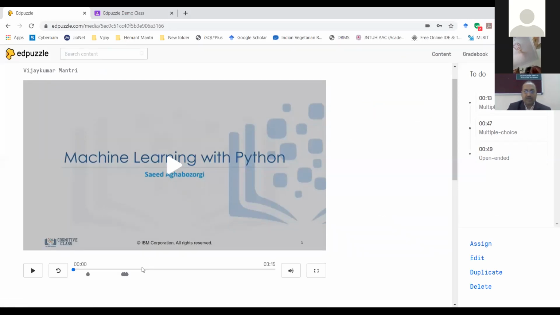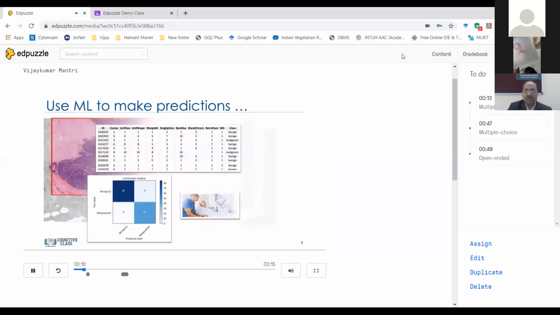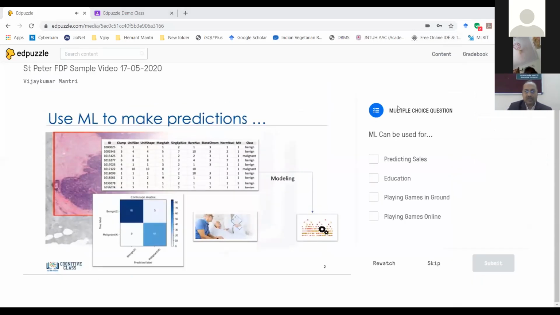Now your complete video is ready. You can see here all the parts are there. It is shown to you only, not to the student directly. In the student login also, they will be shown that there are questions or something at these particular points here. Now if I play the video, just skip typing. I'm playing the video. See here at this place. Now I'm playing the video as a user of the video, as a student of the video.